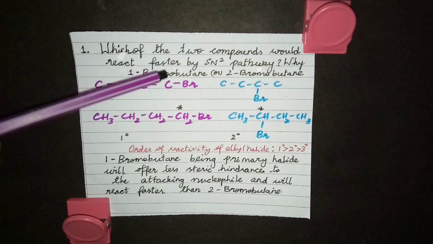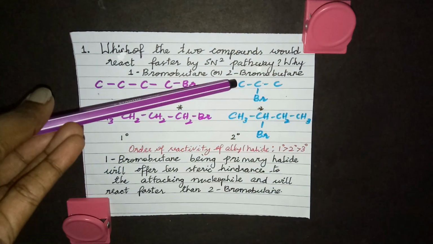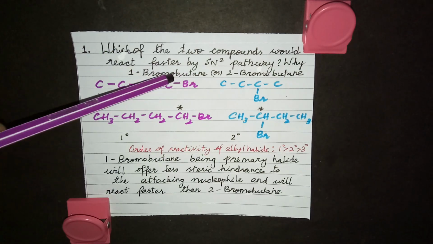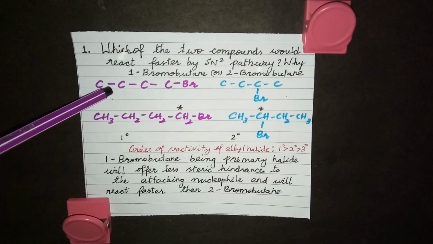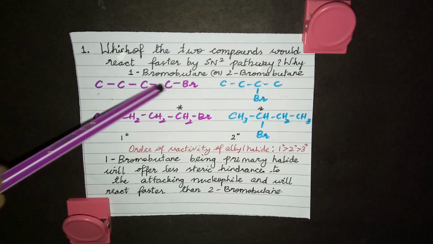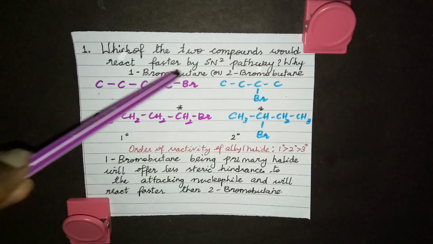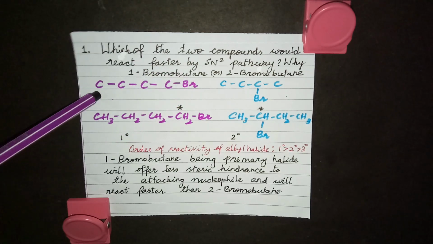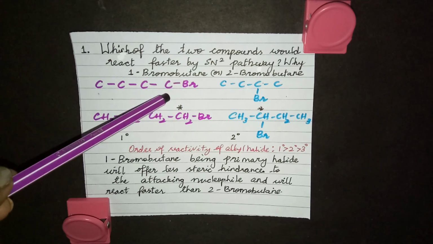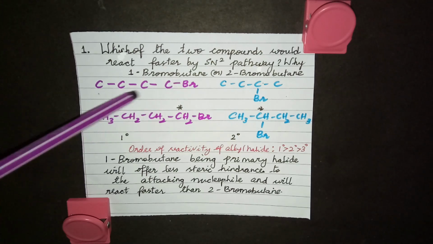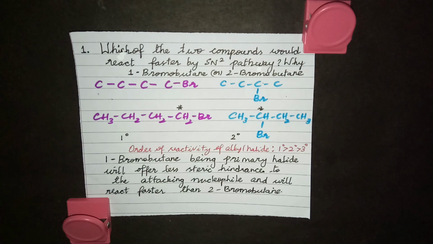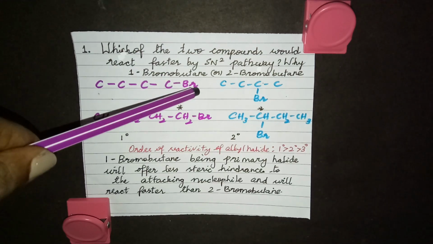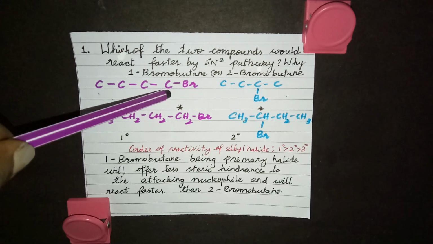So they have given you two compounds, 1 bromobutane and 2 bromobutane. If they give you the name of the compounds, look for the parent name, it's butane, then write 4 carbon atoms, 1, 2, 3, 4. And in the first carbon atom, bromo, 1 bromo, so put Br here. Without Br, always the first carbon will be CH3 and the second last carbon will be CH3 and all in the middle will be CH2, no matter how many carbons you write. If you are putting any substituent, then remove 1 hydrogen and put it here. And for the last carbon, it is always CH3.